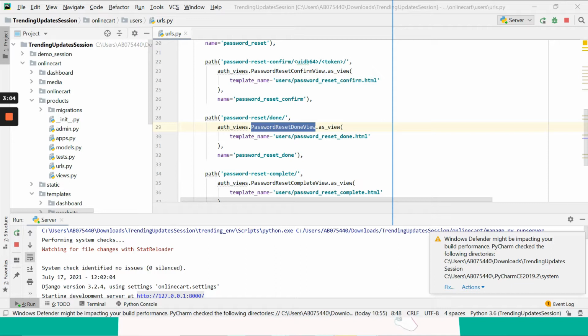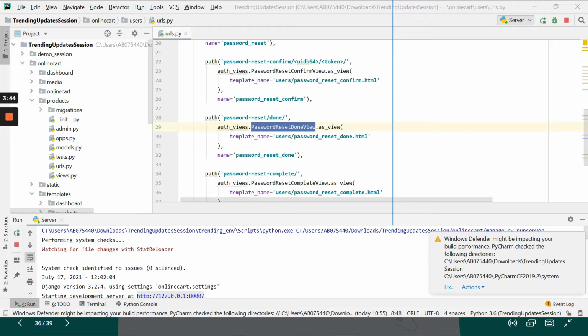Coming to the assignments again, first we will discuss the assignment and move ahead with the further concepts. The assignment was to check if the email already exists. If the email ID already exists, then you send the email to that person to reset the password. But if the email ID does not exist in the system and the person is trying to send an email, that should not happen and it should give an error message.